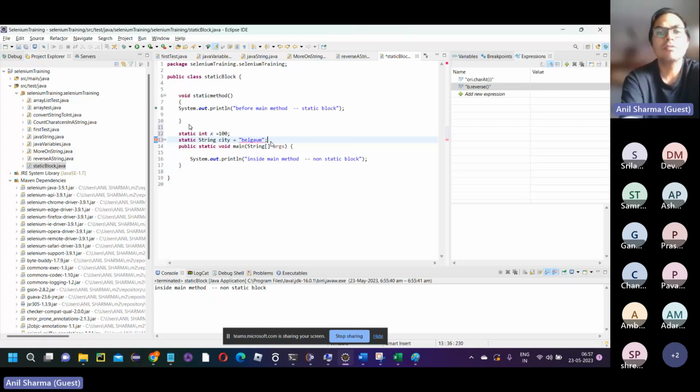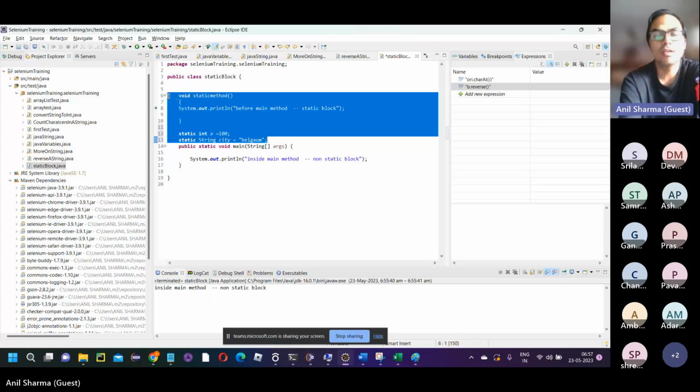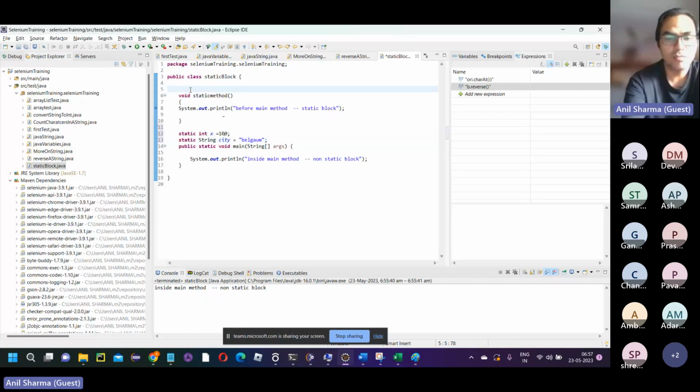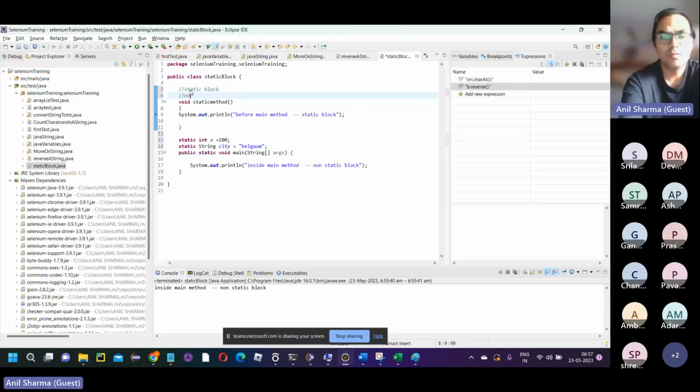Whatever data we have in the static block, we don't need any objects to call. It is directly accessible without any object. So just remember this. This is static block. No objects required